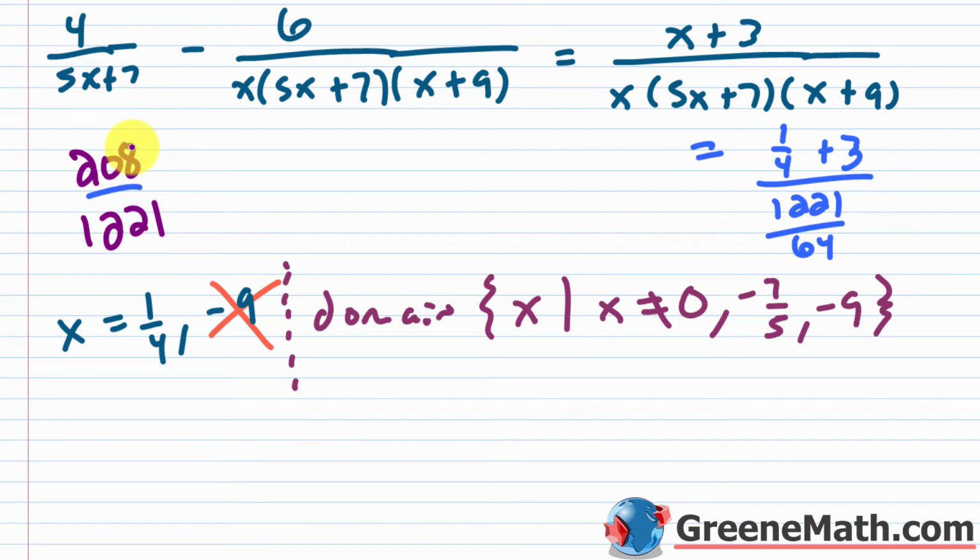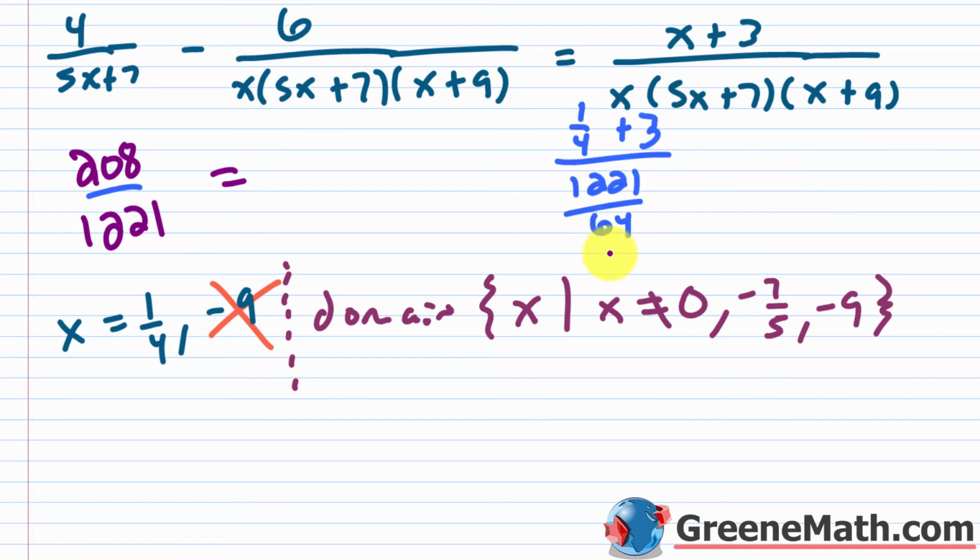208 over 1,221. This guy right here, this 208 is going to be basically 16, or you could say 2 to the 4th power times 13. And this 1,221, that's going to be our 3 times 11 times 37. So we know there's nothing in common between the numerator and denominator, so that's going to be simplified. Okay, thinking about this over here, let me get rid of this equal sign, and I'll just bring this down